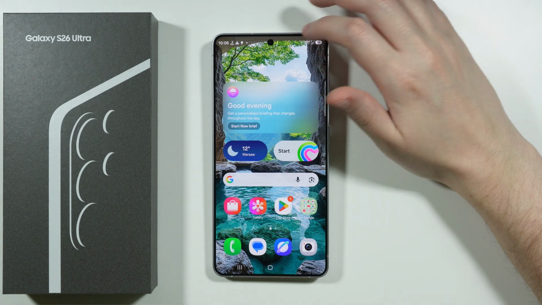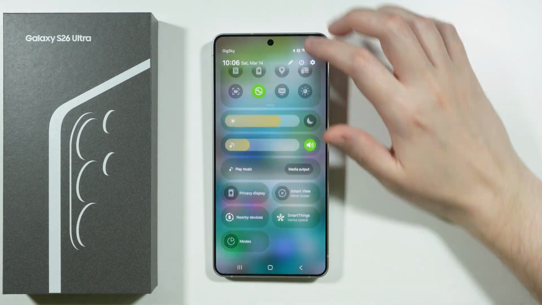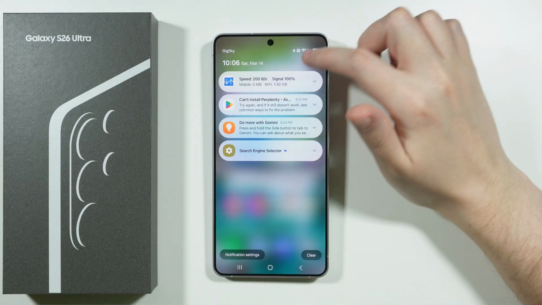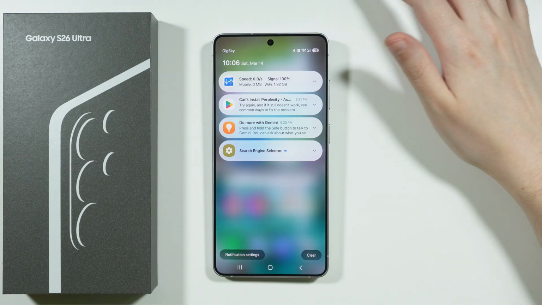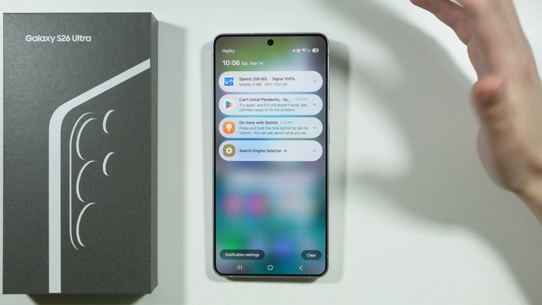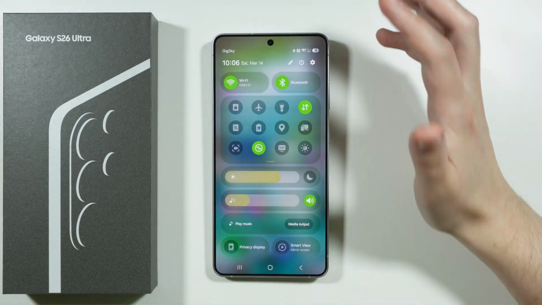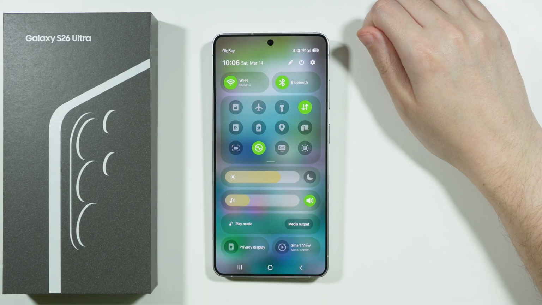If you want to combine quick settings and notifications together, if you wish to be able to open notifications and have some quick settings options, shortcuts at the top, just like you had on some older Samsung Galaxy devices. To do so, first we need to go to the quick settings panel over here, tap